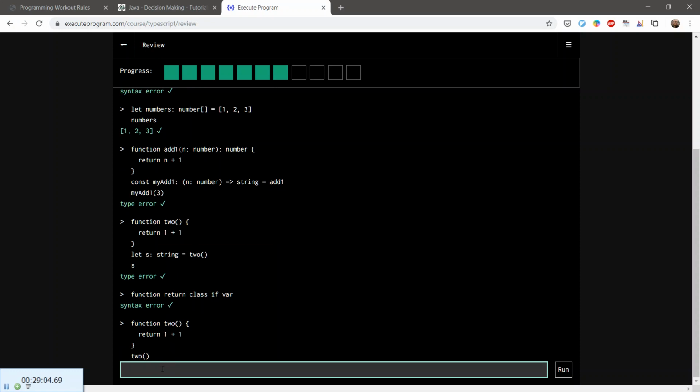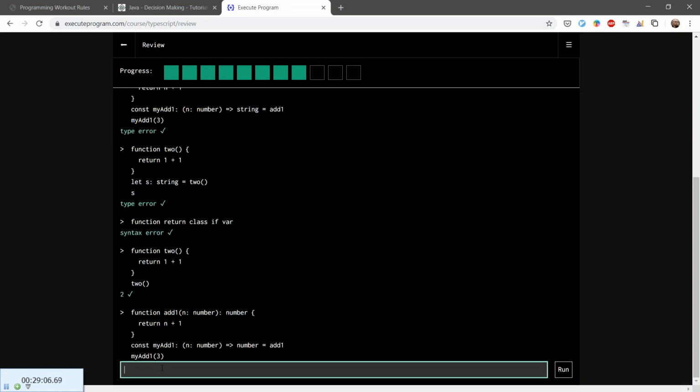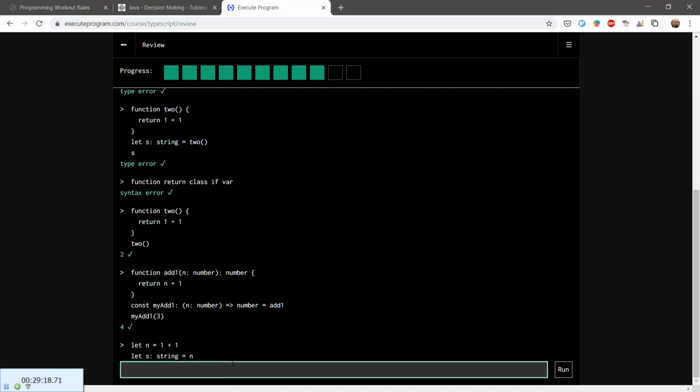Function to execute to, so that will return number, return n plus 1, add 1 number, add plus 1 will return 4. So this is a type error.